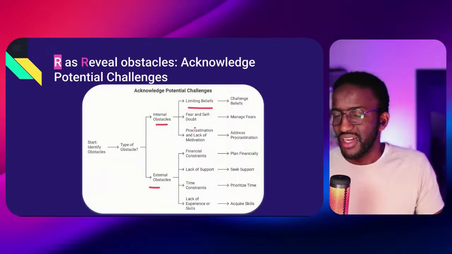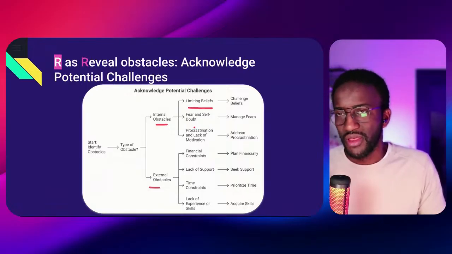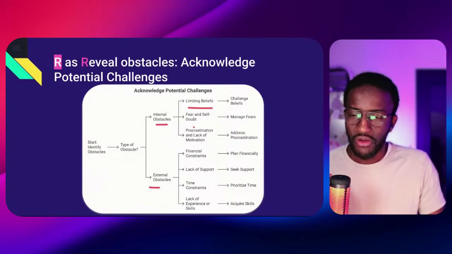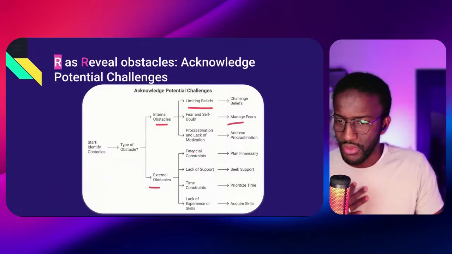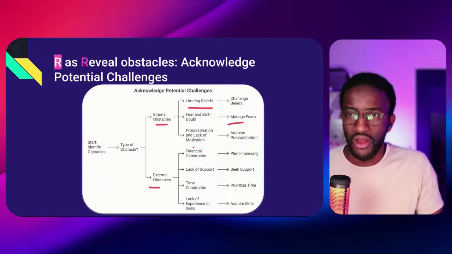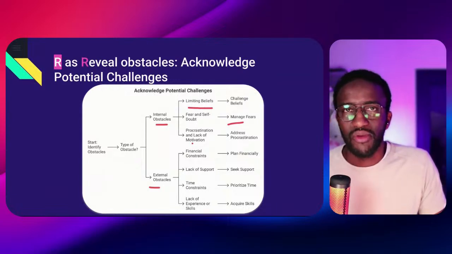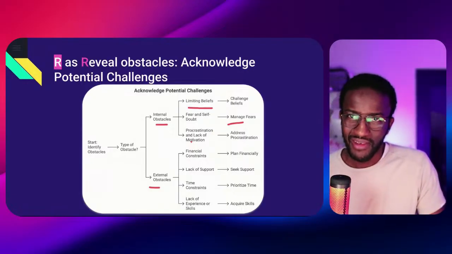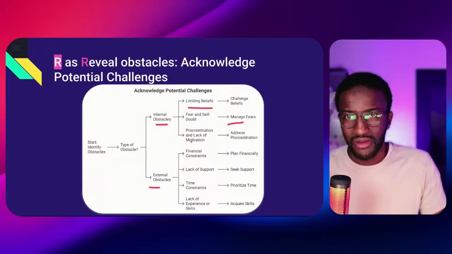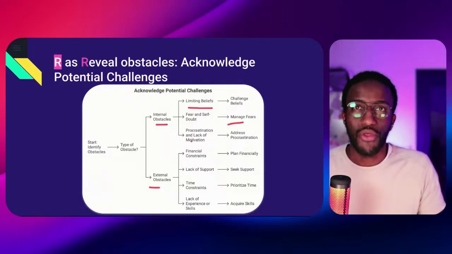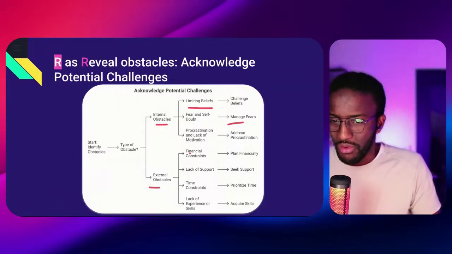Maybe it's fear and self-doubt that is paralyzing you from changing career, for instance. So it's important to say, okay, how can I manage my fears? This is really important. Maybe it's procrastination, lack of motivation, because you always wait until you are ready, because you want everything to be perfect before you jump. But as we all know, in life, there is no perfect moment. There is only the now, and you have to act right now with what you have, where you have, and then learn by doing, like I'm doing right now by sharing my storytelling framework in public. So this is really important.